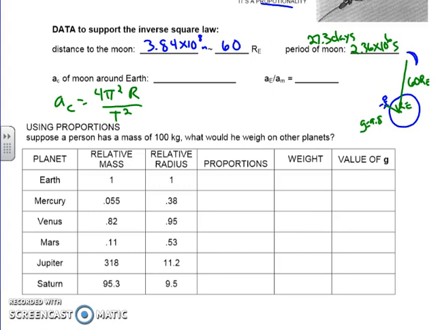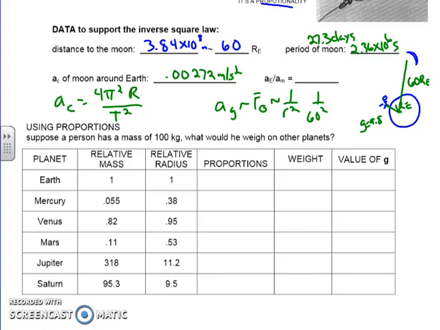So if we plug in the numbers, and I'll leave that to you, we find that the centripetal acceleration of the moon around the Earth is a very small number, 0.00272 meters per second squared. Okay, so now we can set up a proportion. What he's hypothesizing, if you will, is if the moon is 60 times further away than the Earth, then the acceleration due to gravity of the moon in regard to the Earth should be a lot smaller. And according to this hypothesis, if the force of gravity is inversely proportional to the square of the distance, then the acceleration due to gravity of the moon around the Earth should be 1 over 60 squared less than that on the surface